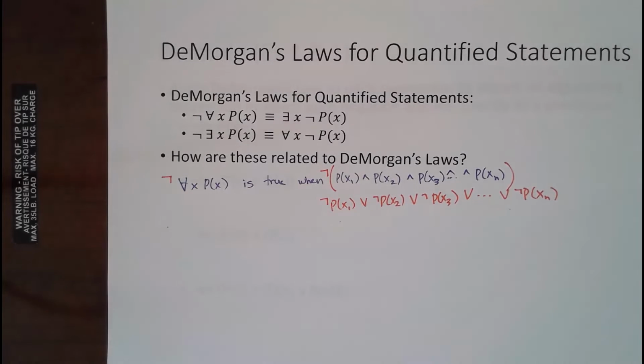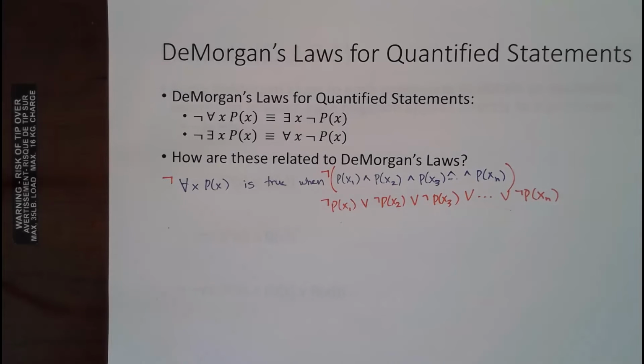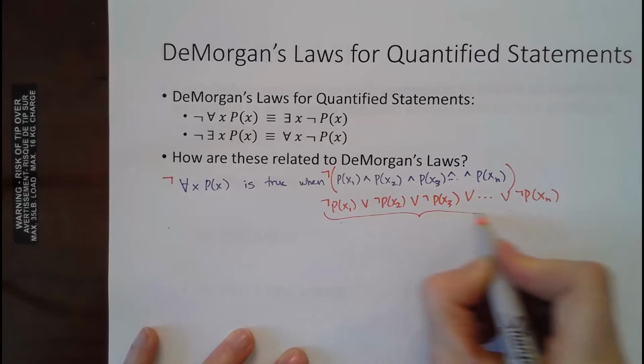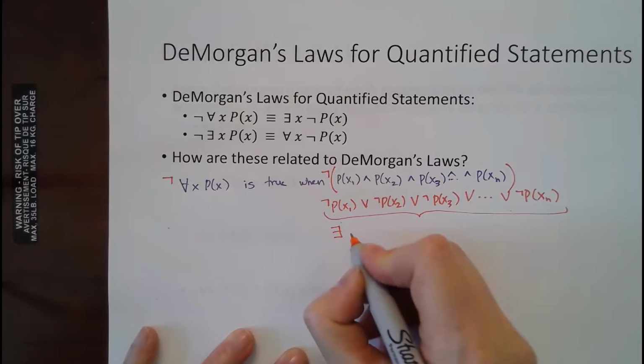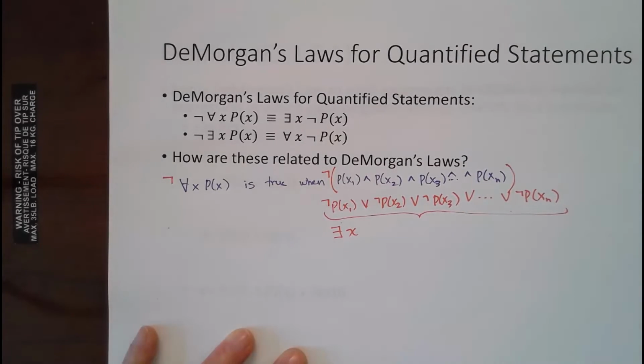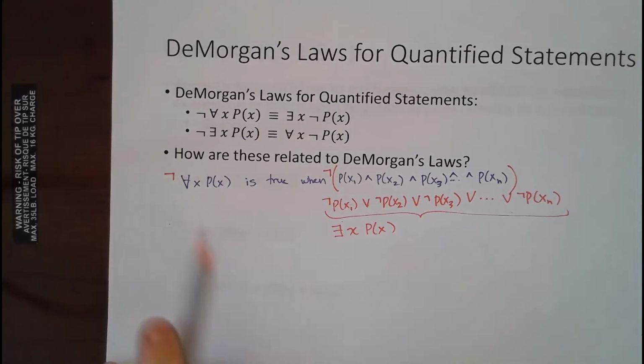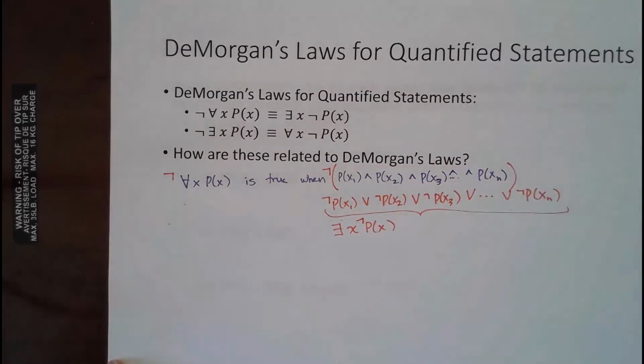Okay. And so if I'm saying this or this or this or this, the way for this to be true is if I can just find one example for it to be true. So we're always talking about the existential quantifier, right? This is the same thing as there exists at least one x. It's either this one or this one or this one, at least one of them. And as long as one of them is true, this will be true, right? Whoops, there should have been a not in front of that. So at least one of these has to be true.